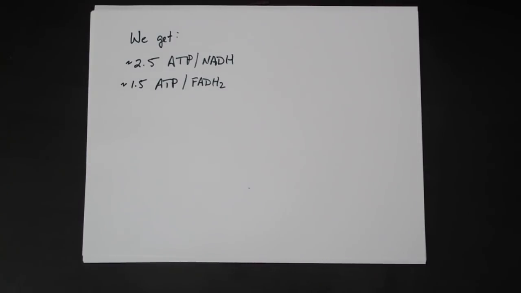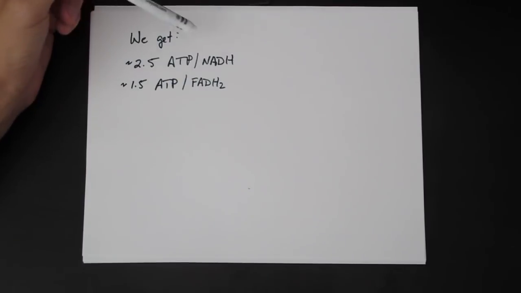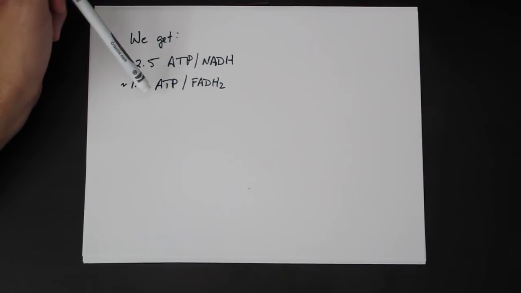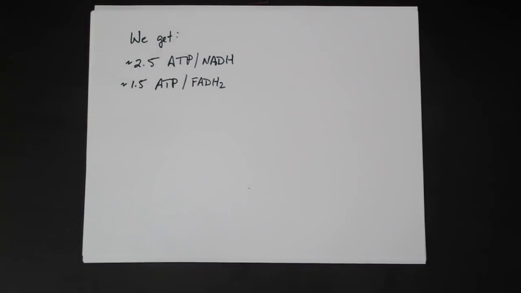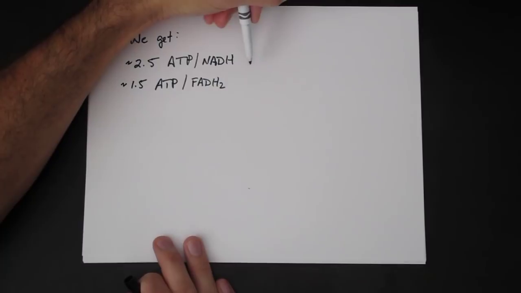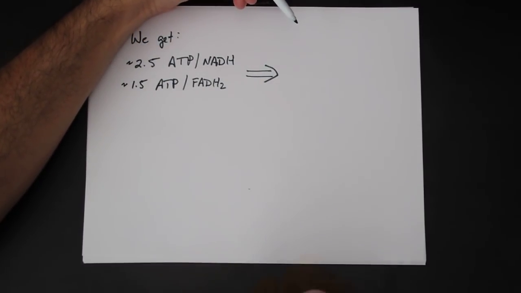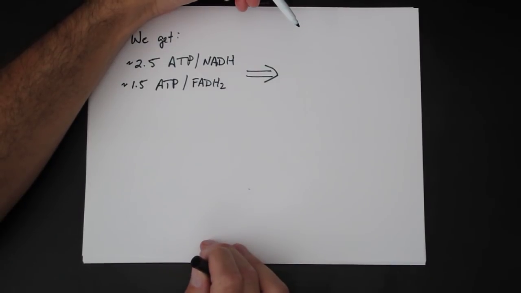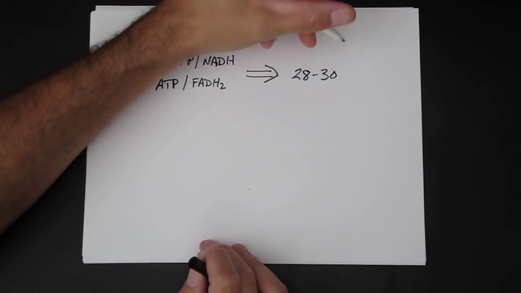So what we end up with after oxidative phosphorylation is an average yield per substrate molecule. We get about 2.5 ATP per NADH, and about 1.5 ATP for FADH2. Okay? If we were to multiply that out based on the number of NADH and FADH2 molecules we had after glycolysis and the citric acid cycle, this would give us about 28 to 30 ATP